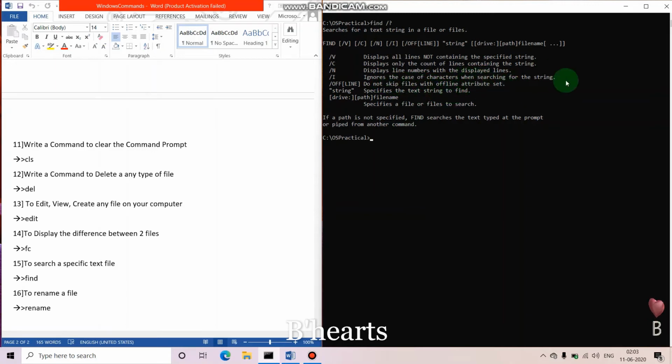It ignores the case of the characters when searching for the string.